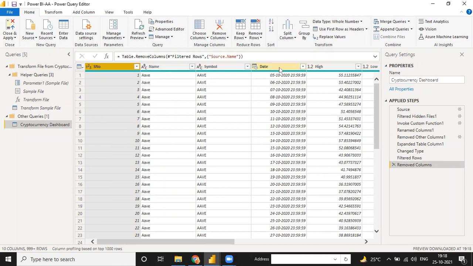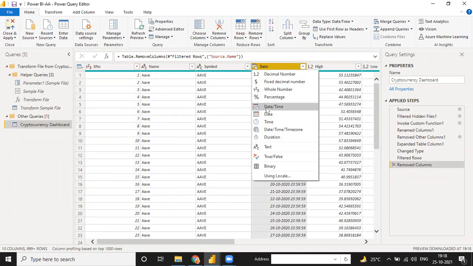So there is also a two function. Click on this date tab. Okay, there is an option here, date and time. Right now it's date and time data type, but we need it as a date. So you need to just click on this date, so it will change into date.